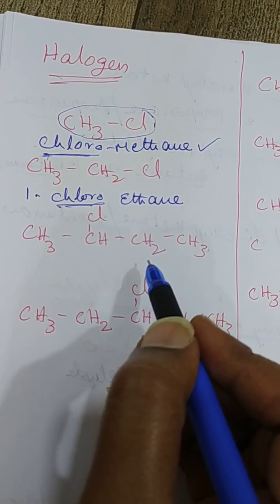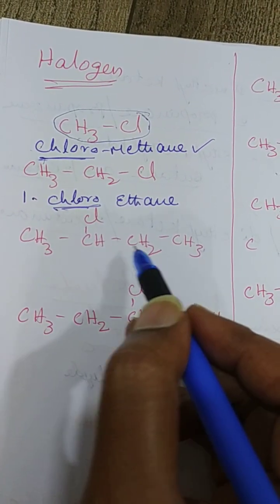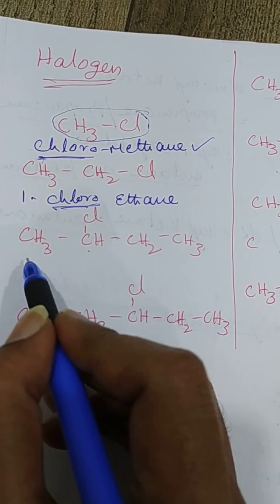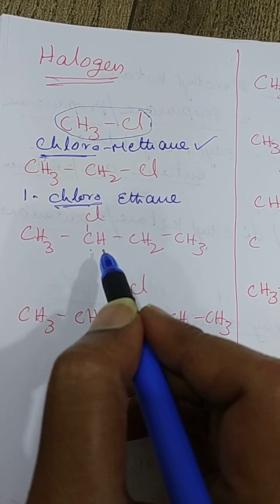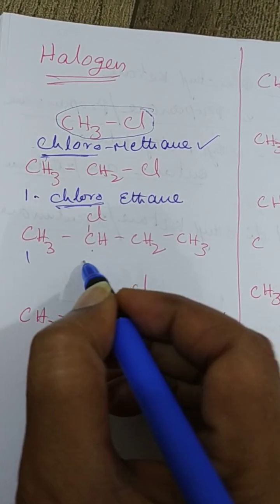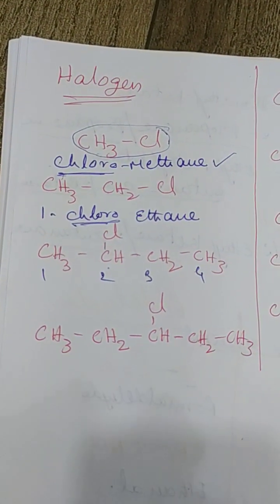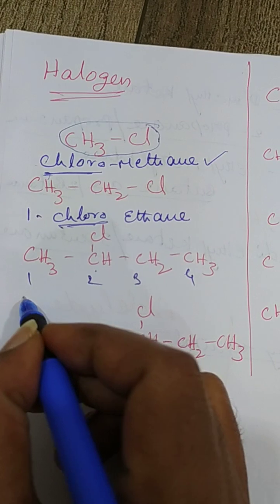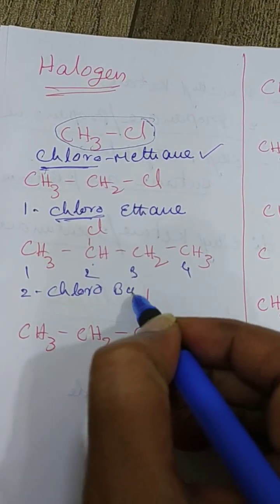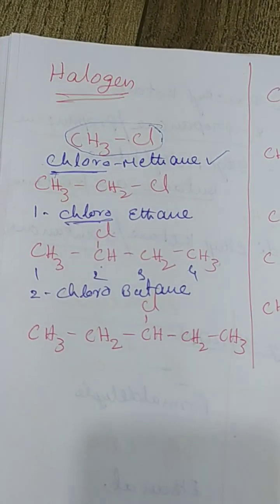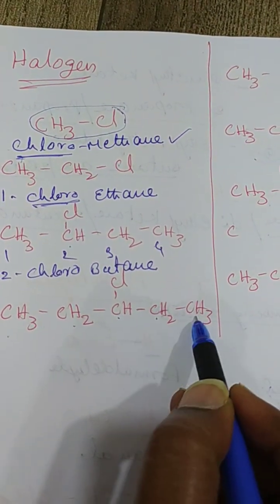So the functional group you will find here, at the second carbon. If you count from here 1 2 3 4, it is the third carbon. If you count from here 1 2 3 4. So whichever numbering gives the lowest number towards the functional group is the right numbering. So always do numbering. This is a healthy habit at this level. So in 2 there is a chlorine, 2-chlorobutane. 2-chlorobutane. Here 1 2 3 4 5.